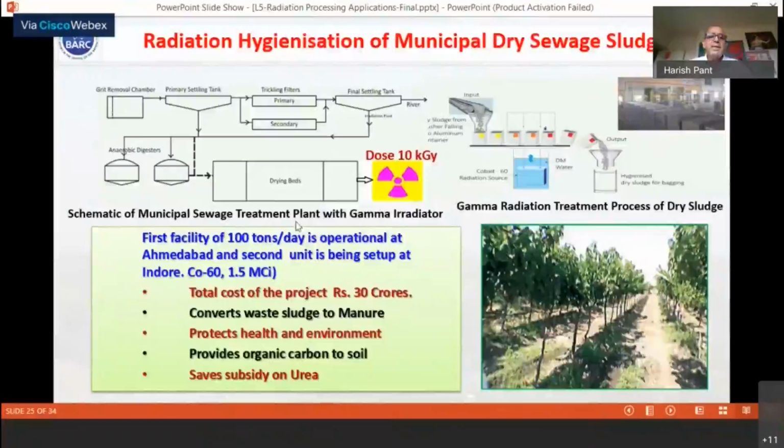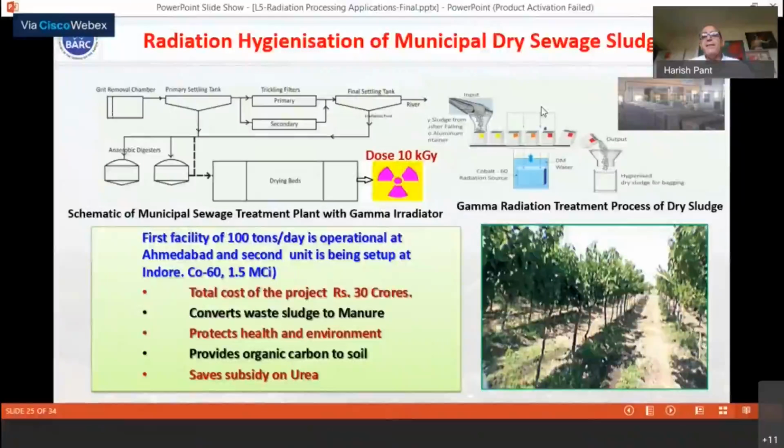And you can see here, this is the conventional way of treatment of this dry sludge. When it is treated and dried, after the drying process, this sludge is crushed into small particles or a small powder form, and then this powder is packed in some cardboard containers or some aluminum containers, and then these containers are irradiated using the radiation source.